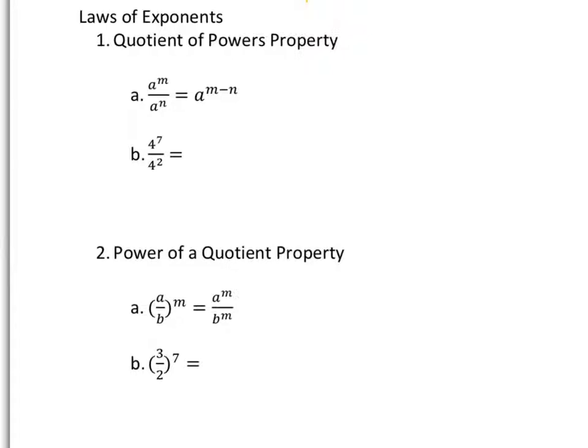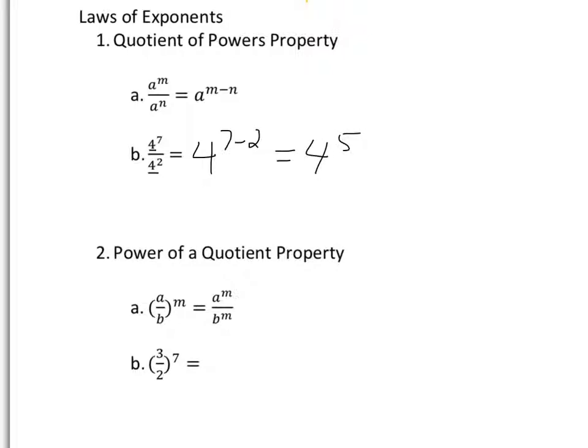So this example down here, we've got 4 to the 7th divided by 4 squared. They do have the same base. Remember, you keep the same base. You keep the 4. You don't have to divide 4 by 4. You keep the 4 there. It's the same base. But what we're doing is dividing these two numbers. So because you're dividing, you subtract the two exponents. So it's going to be 4 to the 7 minus 2,